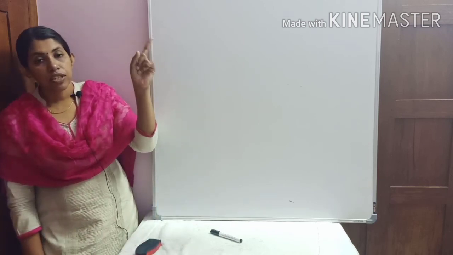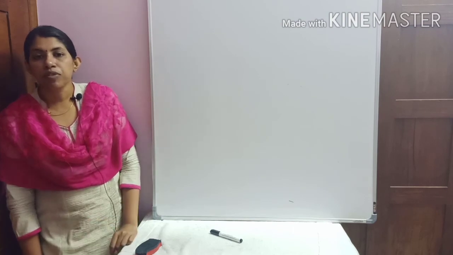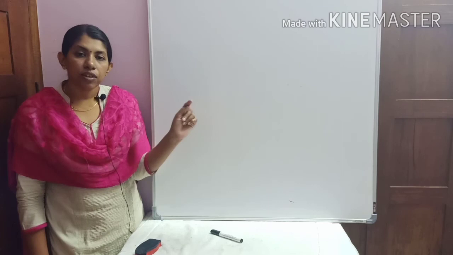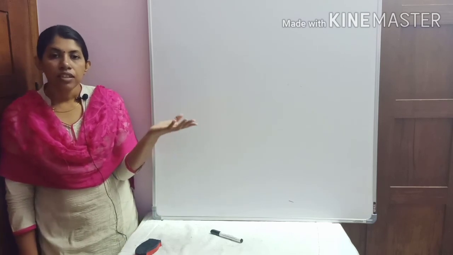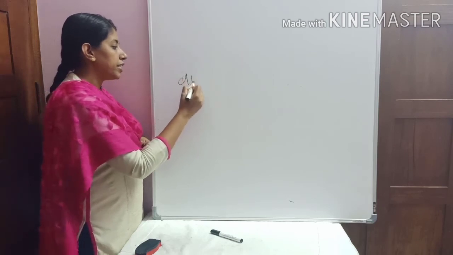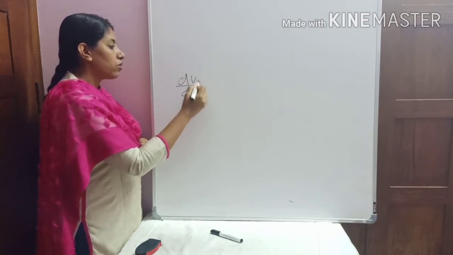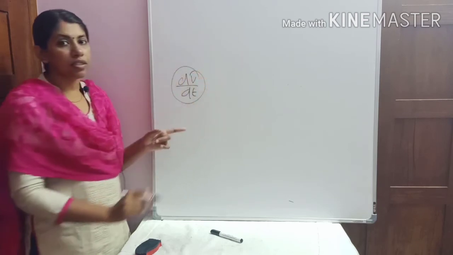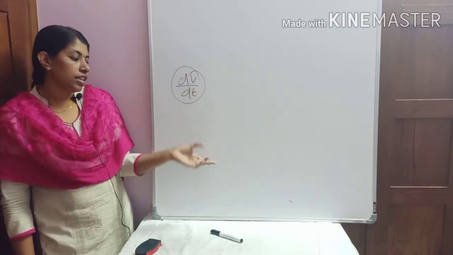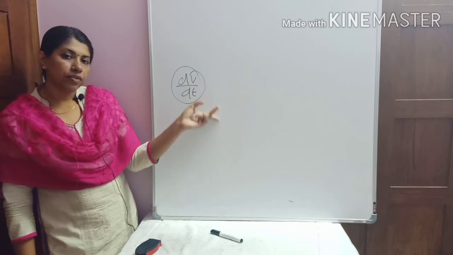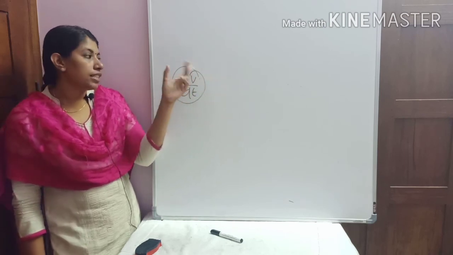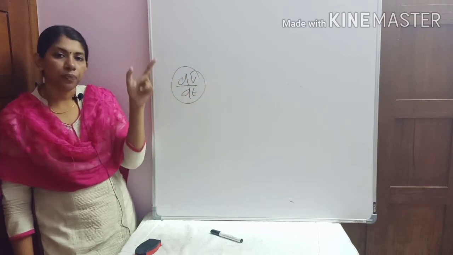At that condition only the current through the capacitor will become 0. So initially the capacitor will charge to the maximum voltage, and then the change in the voltage becomes 0, because here we are considering dV by dt, right? When the voltage is constant, dV by dt becomes 0. So it has to be imagined in that way. First the capacitor will charge up to the supply voltage, then the voltage reaches a constant value, and then this factor will become 0.